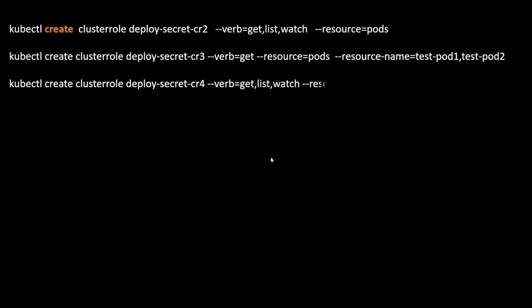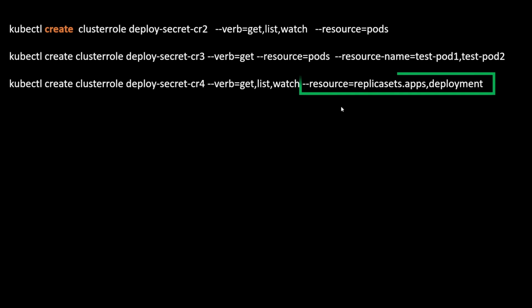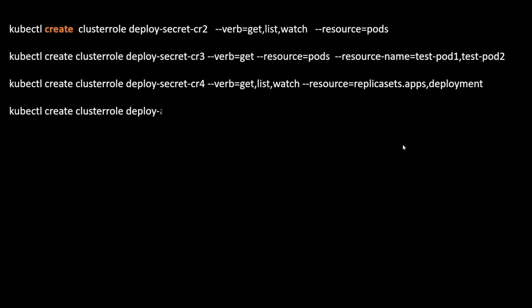In this example, we have mentioned different types of resources separated by commas. After that, we can also define verb star and resource star. It means all the verbs, meaning all the privileges, this user will get if bound with this ClusterRole, and all resources, whatever objects we have created inside this Kubernetes cluster, the user will get.